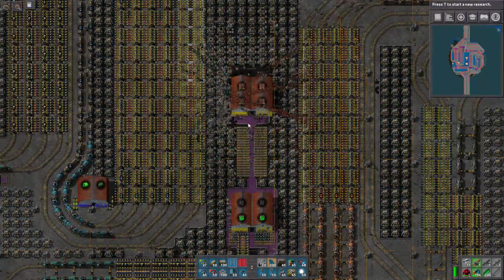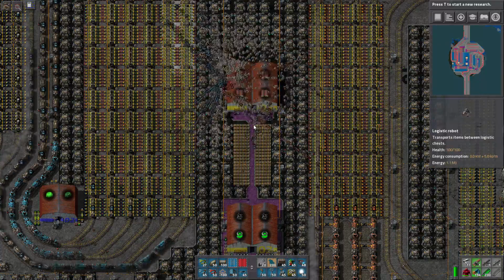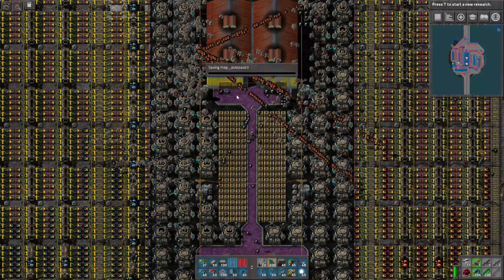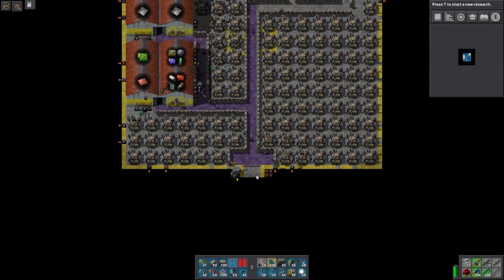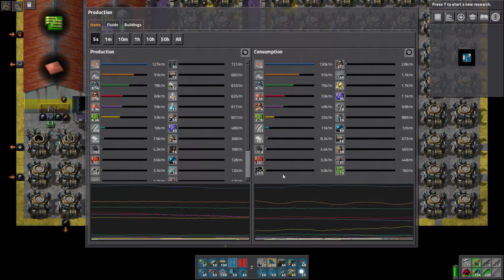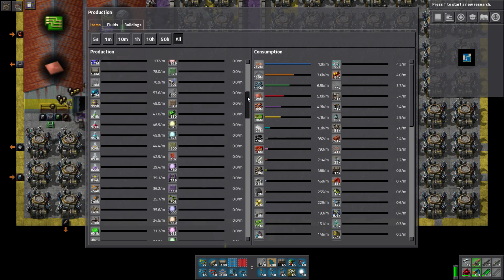If I was making a similar size base with the same amount of production and the same amount of machinery, but not in Factorissimo, we would need much less power. But because we're trying to cram everything into this one building, we have to use a lot of robots, which means a lot of power because they've got to charge, which drains the roboports, which creates a lot of power trouble. So if we go to the production tab,